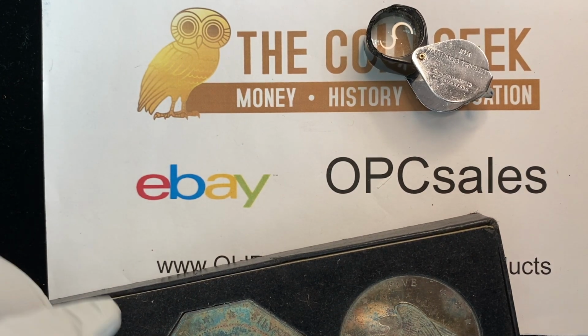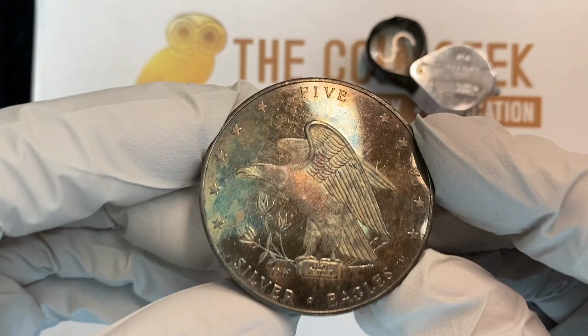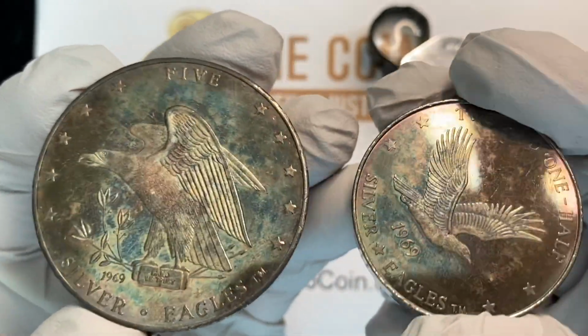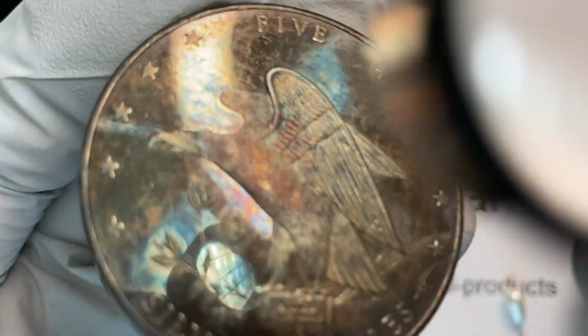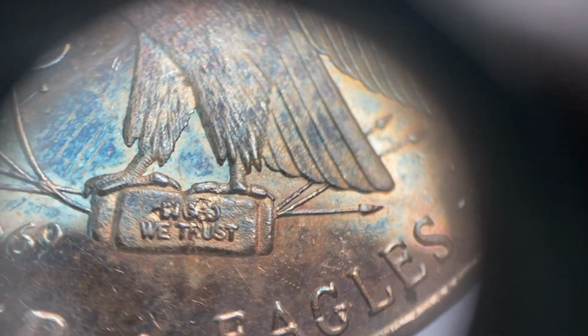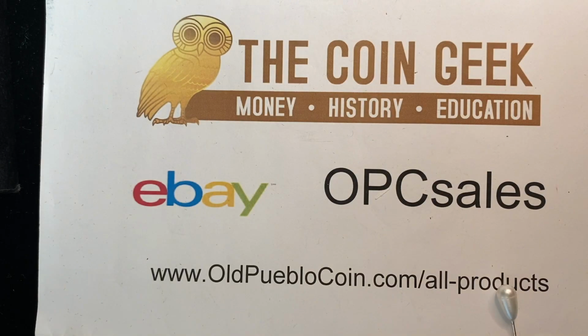Then we've got the last couple. Next up we have the 5, which as you can see next to the 2.5, is dimension wise a little bit bigger, a whole lot thicker. The 5 ounce. In God We Trust is on there. And once again, a lot of the same or similar toning to these guys that was on the other ones. Last but not least, the big boy,